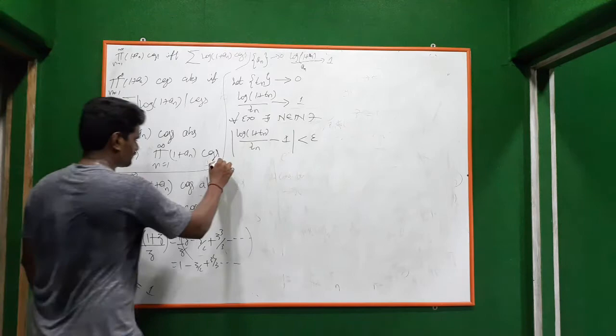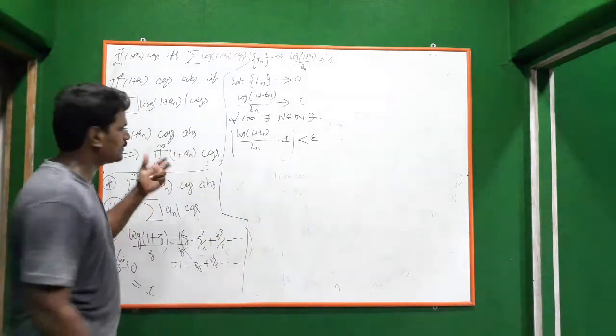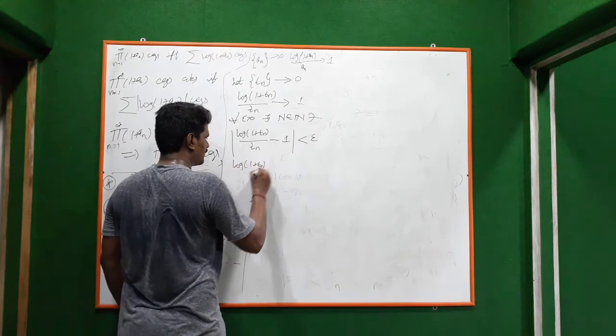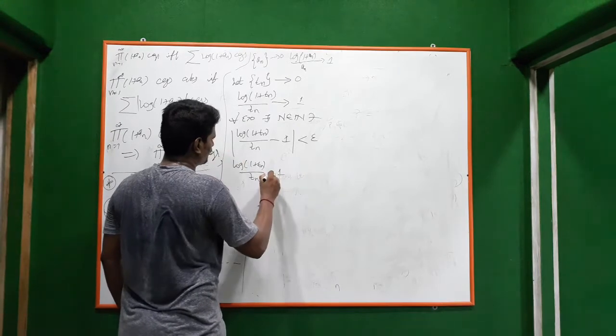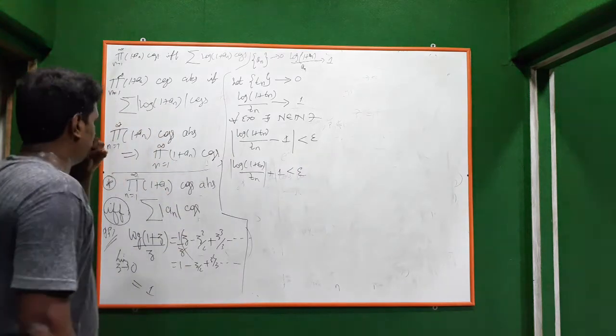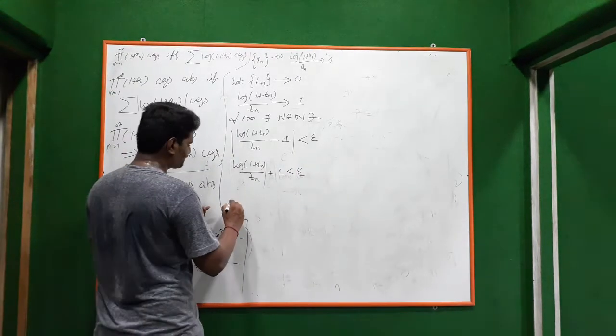This we have two inequalities. One is log 1 plus t_n by t_n minus 1 plus 1 is less than epsilon. That means what you are doing,